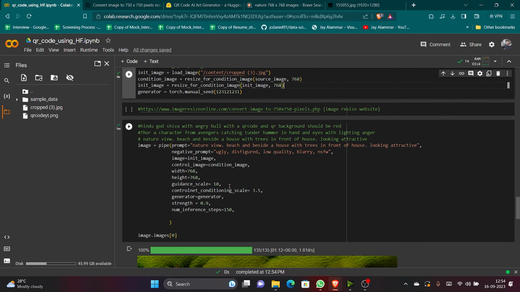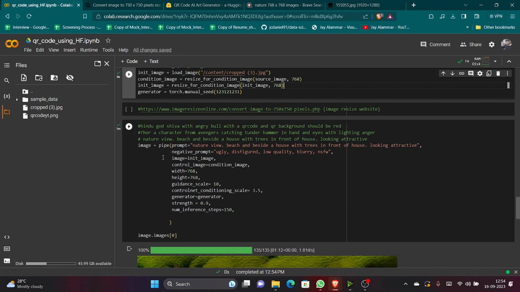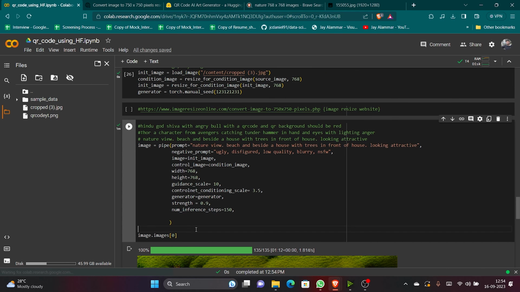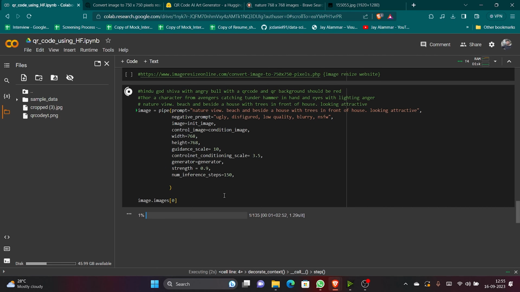Now here comes to our key role. So everything is done. The key cell, or else you can see the key code, where we are going to generate different prompts out here. So this is the key code. Let's run it. I'll just tell you then. It will take time to run. By the time,